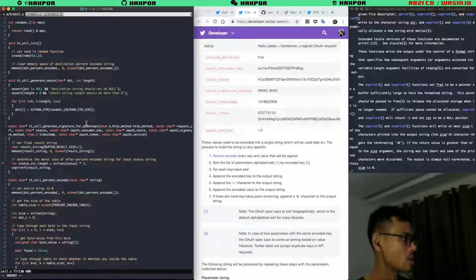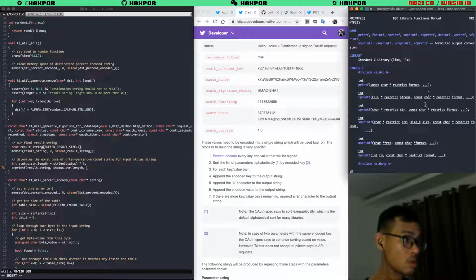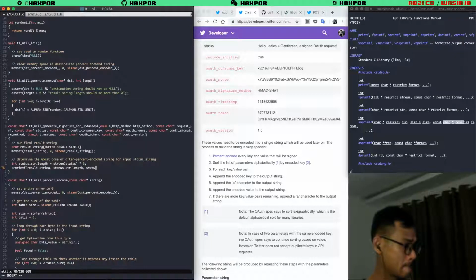And okay, we got the percent size, and we use this as a size here. The input character is going to be the percent encoded status.